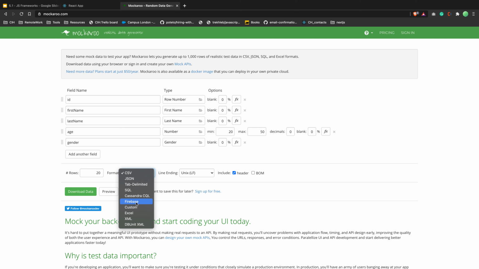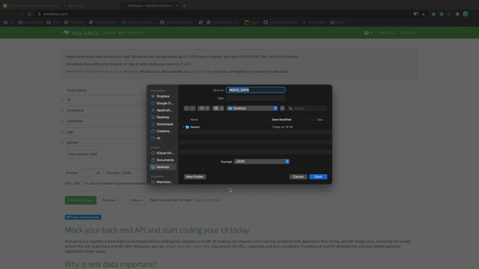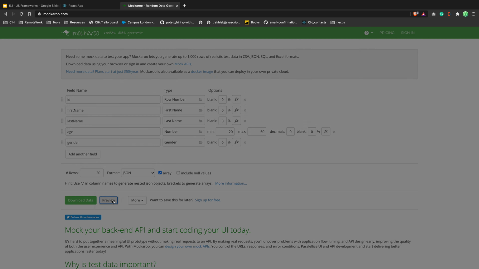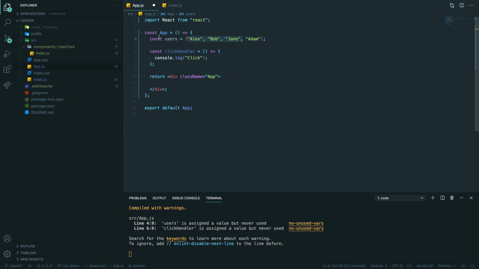No null values. Maybe preview first. Okay. Cool.